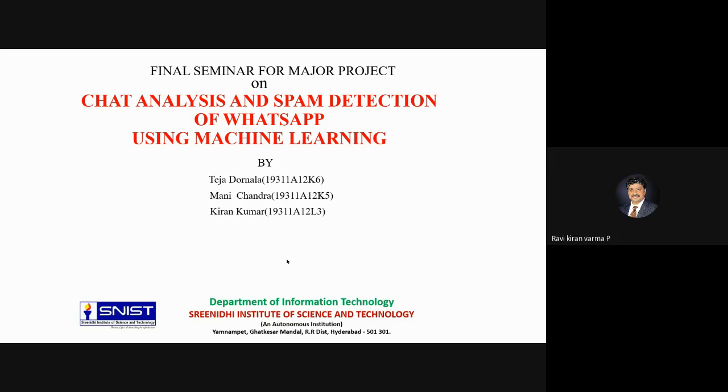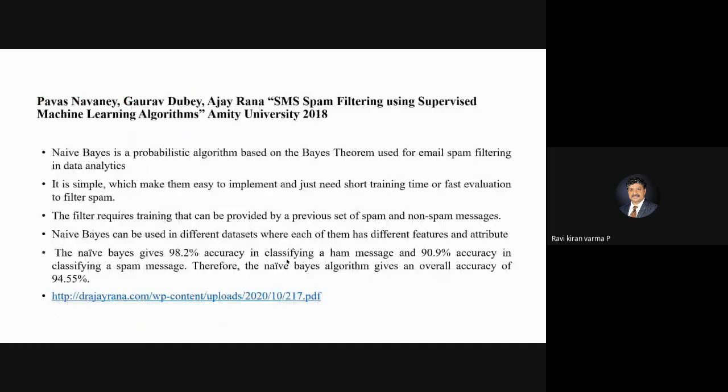So how many features? Machine learning algorithms require attributes. What are the attributes for your data? What exactly have you done? On which data have you worked? On which data are you showing the accuracies? On which data have you applied machine learning algorithms? I applied it on spam detection, sir. That is what I'm asking. How did you apply the machine learning algorithms without attributes? Attributes I use, sir, because in the messages we will be having